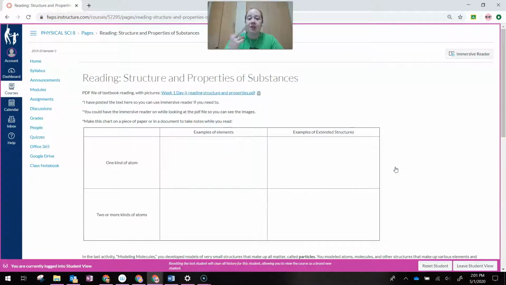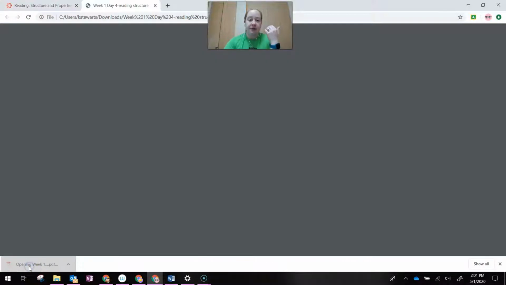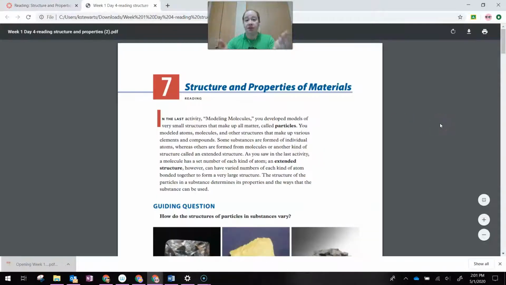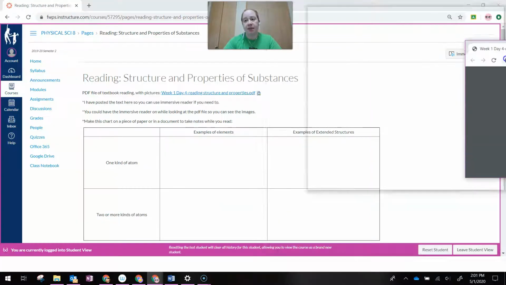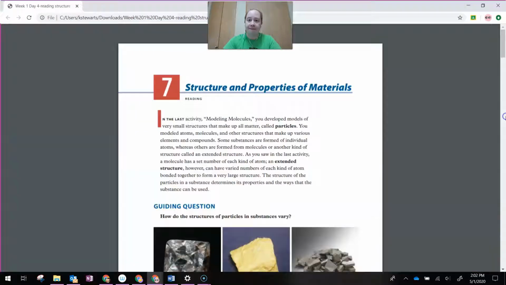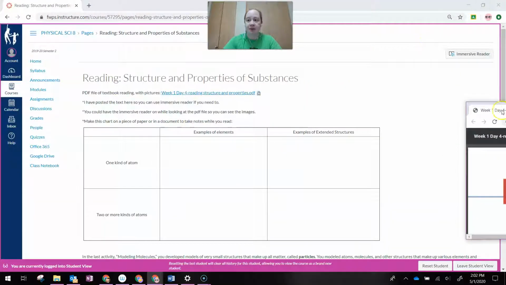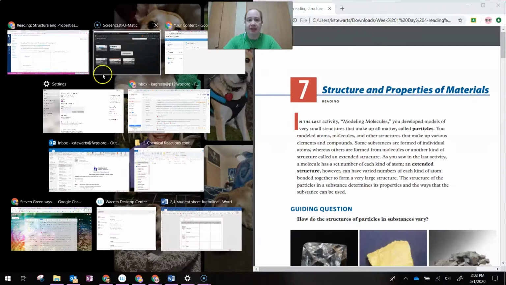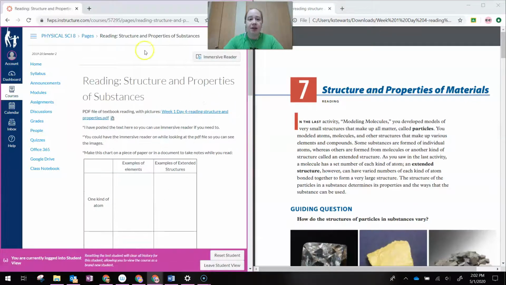I have done two things. I've posted the PDF, so you can click on this and open the PDF. And you will see essentially the pages from the textbook, okay? What I'm going to do is make this half my screen, okay, if I can make it work. Okay, I'm going to make this half my screen, and then I'm going to go back to this reading, and